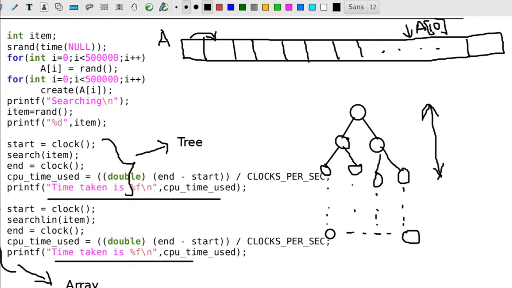So we will try to increase this. So next we will try to search for the 10,001st element or 10,000th element.